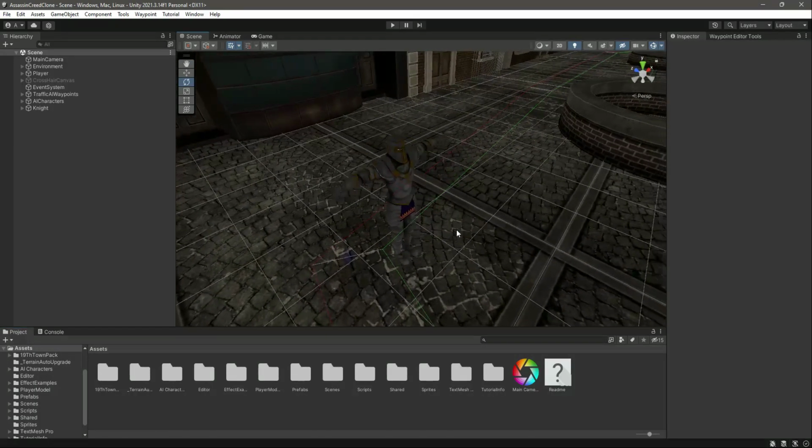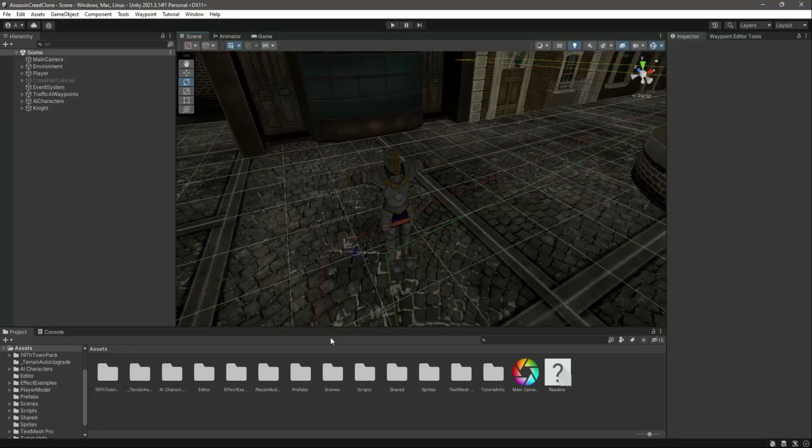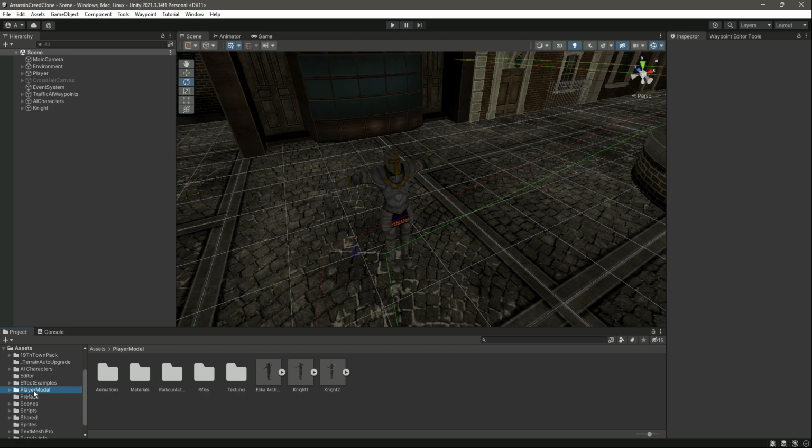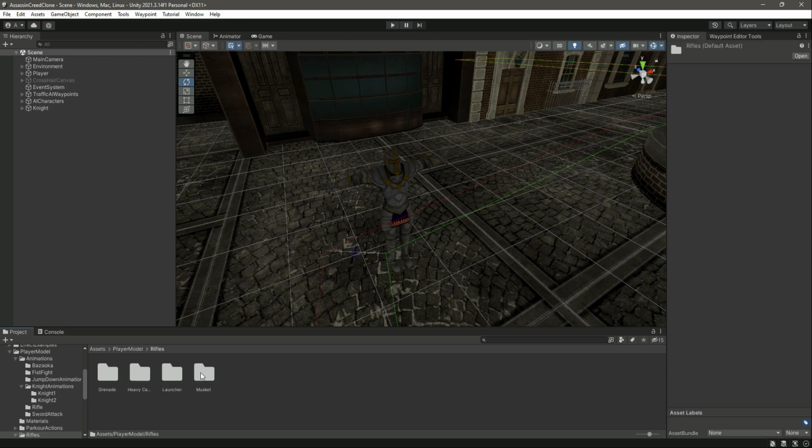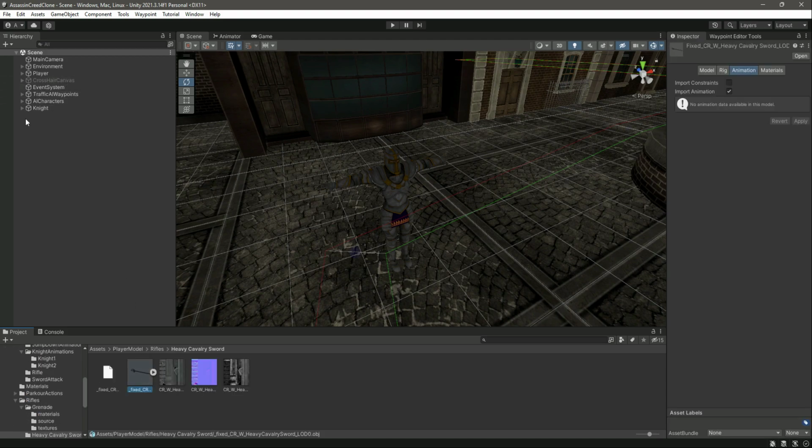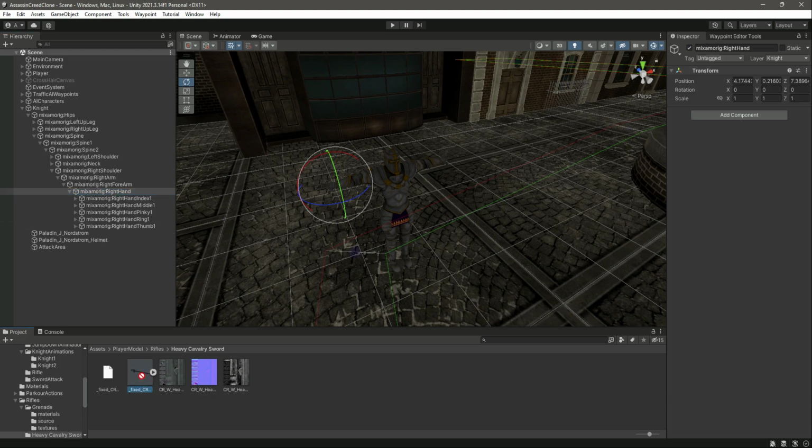So now in this video we will add a sword to the knight's arms. For that you can use any sword you want, but what I am going to do is use the same sword as I use for the player. So if we open up the knight and go inside the knight's right hand,